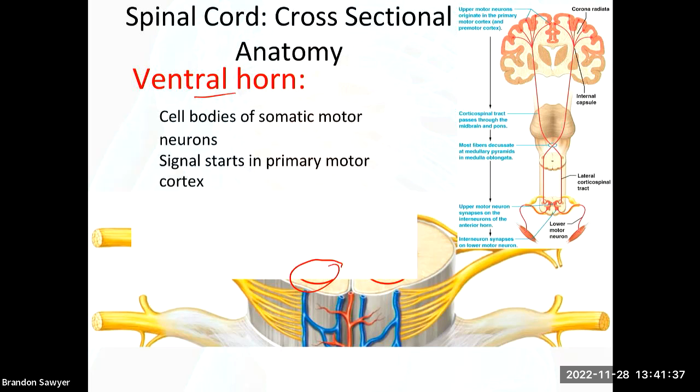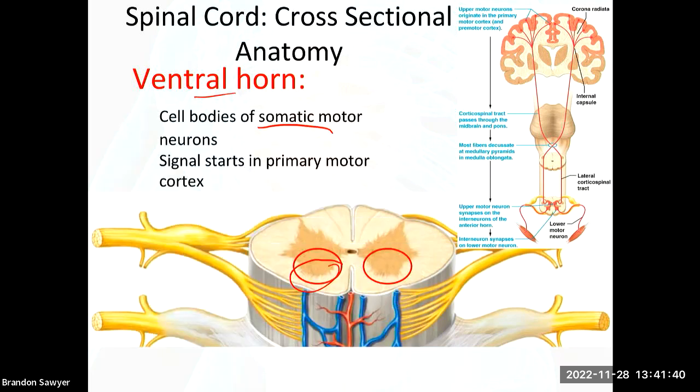This is efferent, right? So this is our somatic motor neurons. Now this information is going the other way. It's coming from the brain going down through this area. This signal is going to start in the primary motor cortex, which we haven't talked about yet, but